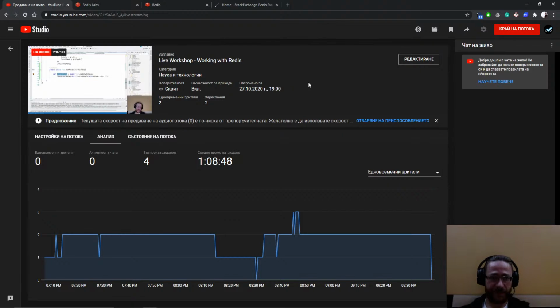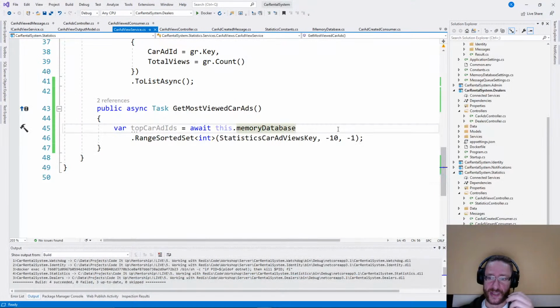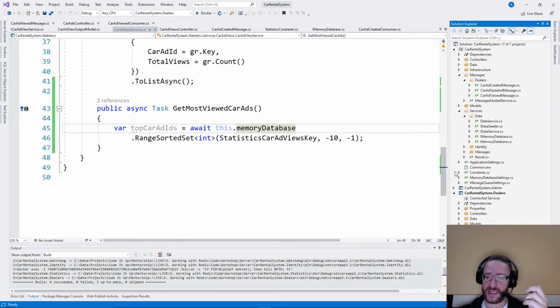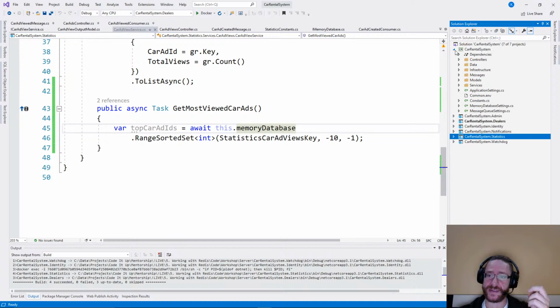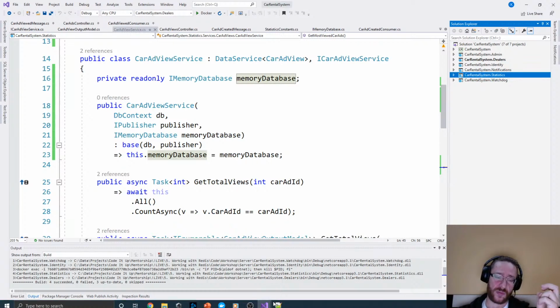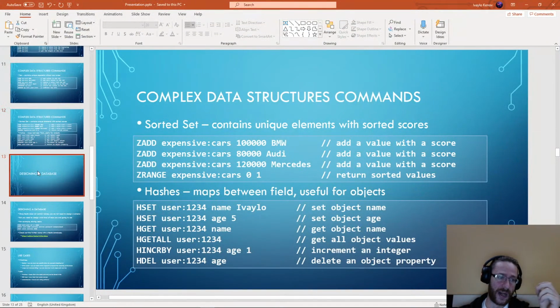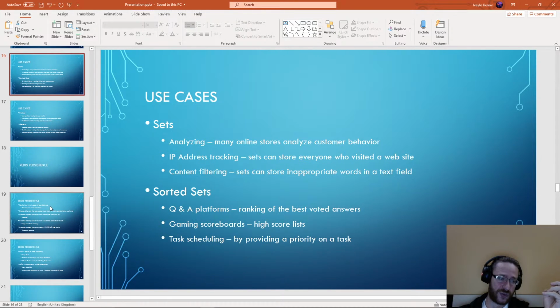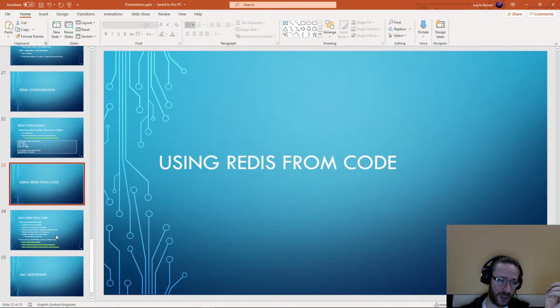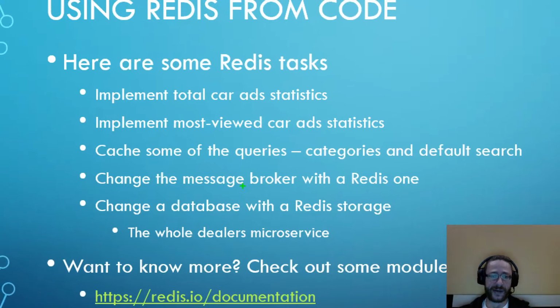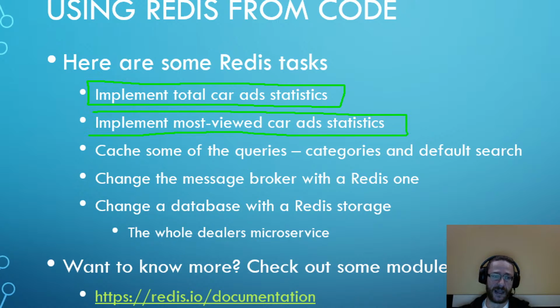for today. Hope you like Redis. It's quite different as a database, but I promise you it's super fast. It's very performance oriented. I suggest you try adding some features yourself. So if you want to practice, here are the tasks. We implemented that. We partially implemented that. We only need to map the hashes to the result, and you can use Redis to